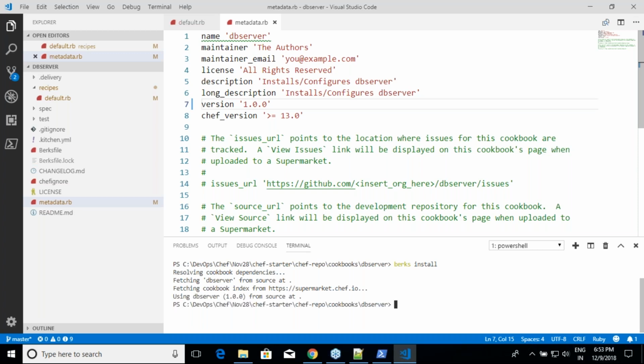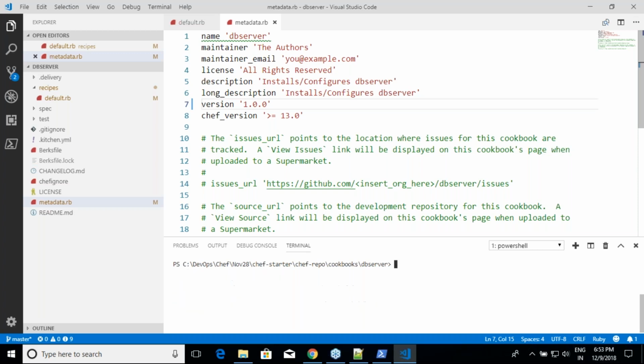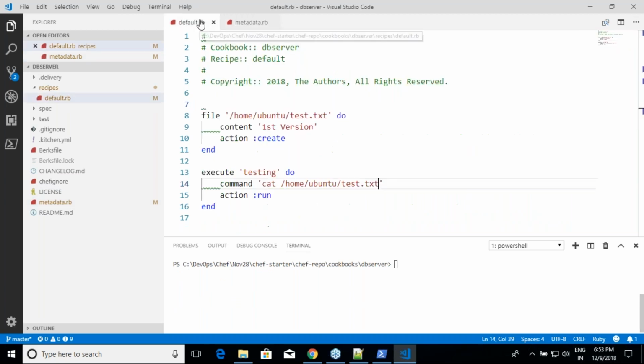Okay, good. And now I'll change this file. I'll change this from first version to second version. That's it. Very simple change.